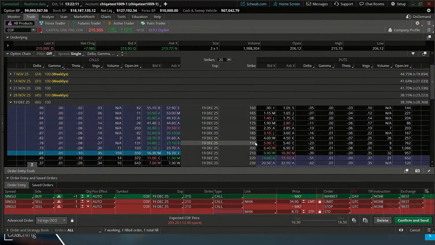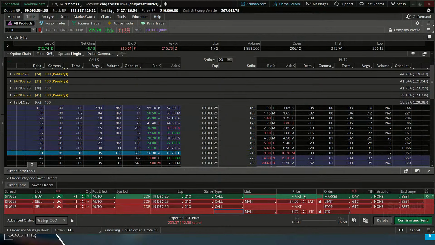And then we don't want to risk more than about 1% of our account in the trade. So I'm going to take our 127,000 and multiply that by 1%, or just move the decimal, and you get 1270. That keeps us well within our risk parameters there.